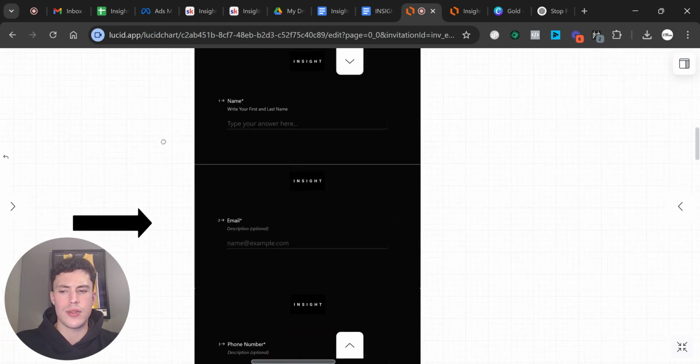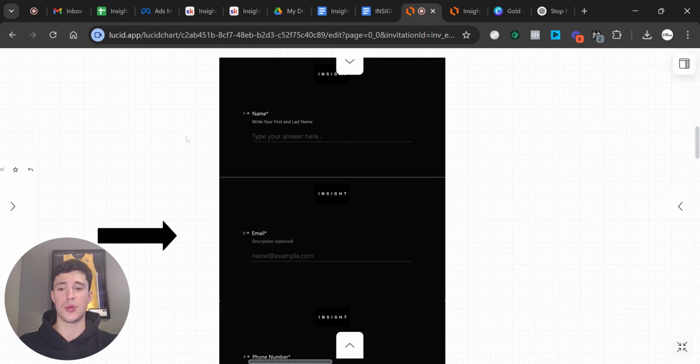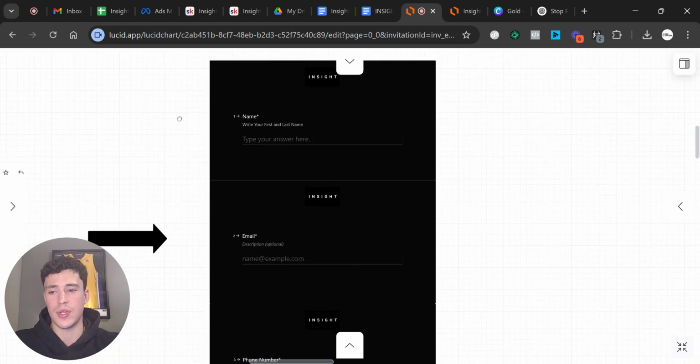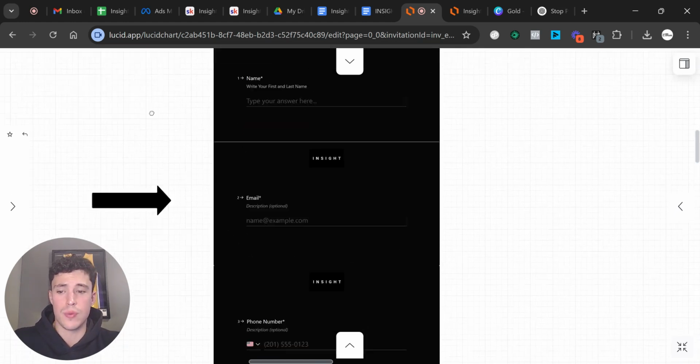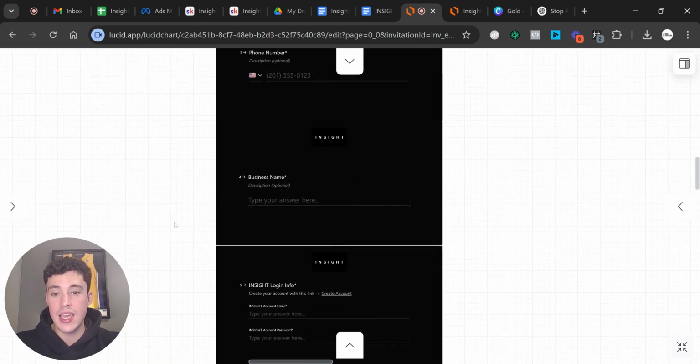And you might be wondering, hey, why use Typeform? Why not Google Forms or Airtable? I personally like the look of Typeform. I think it looks really, really sleek. That's purely it. I think it just looks nice. We're black and white as our colors, with a bit of purple, but I think it just looks super clean here. So: email, phone number, business name,